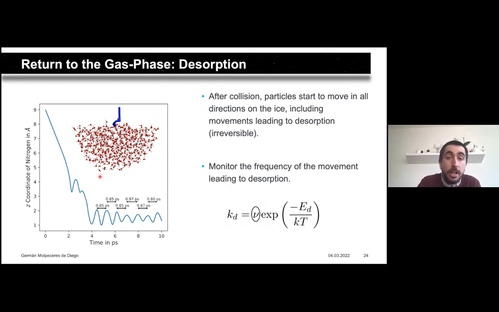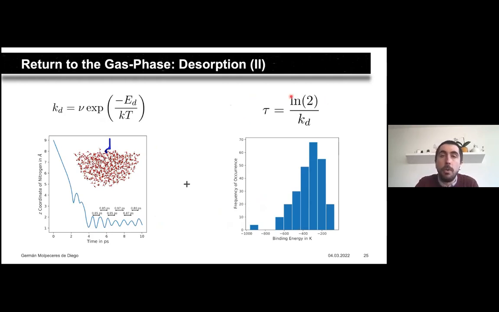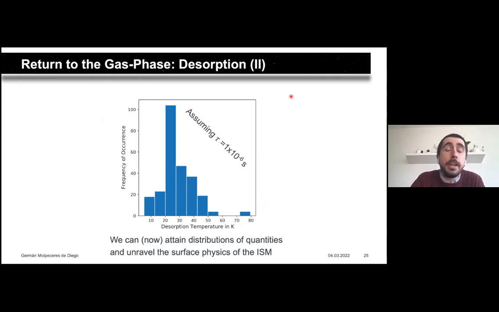We can do that with our simulations, and really long simulations are needed, and we can attain this, as I have been emphasizing, thanks to the use of neural network potentials. We obtain this by monitoring how the molecule moves along the coordinate leading to desorption over time. This value is the period, but we can take the inverse to obtain the frequency. Combining it with the binding energies and some other quantities that I won't go into detail on, we are able to obtain the temperatures at which we expect the desorption of nitrogen, in this case, from the surface.